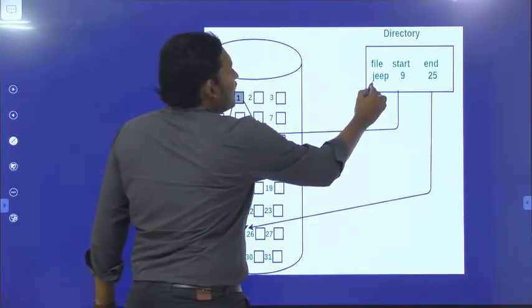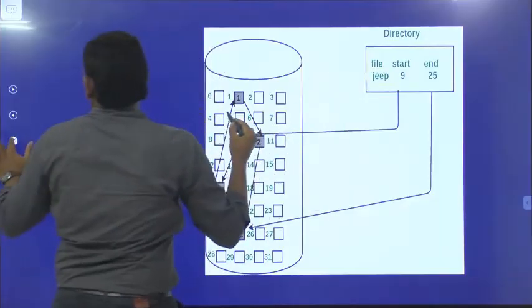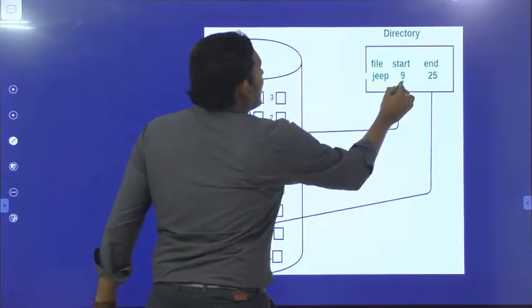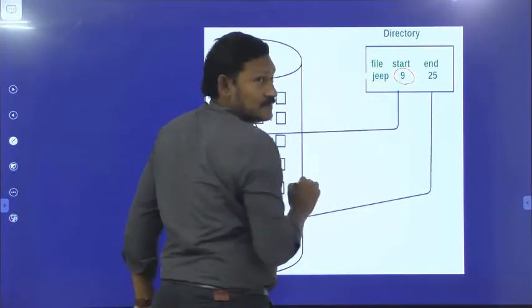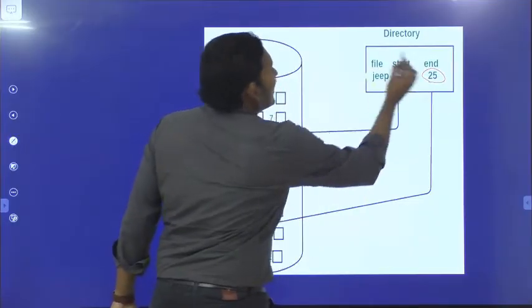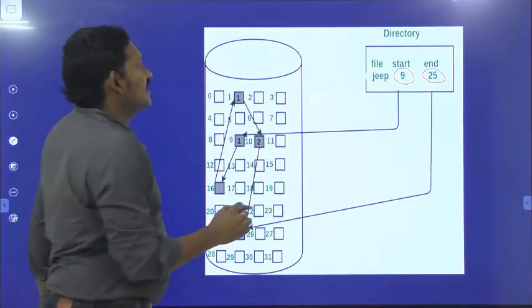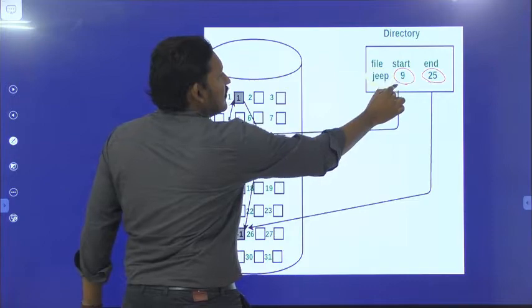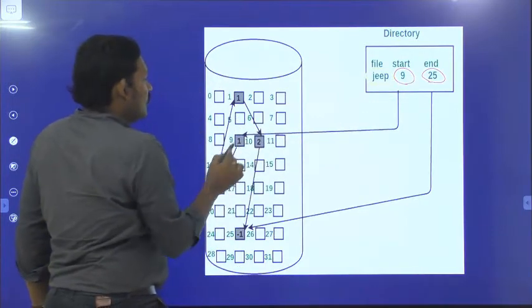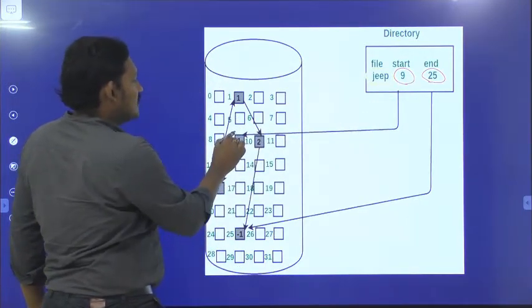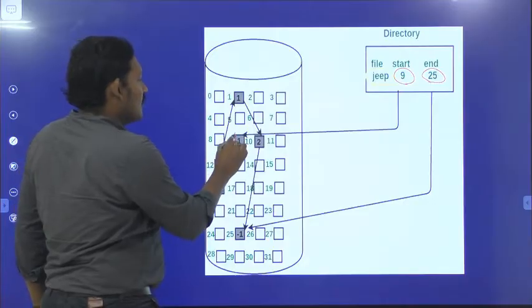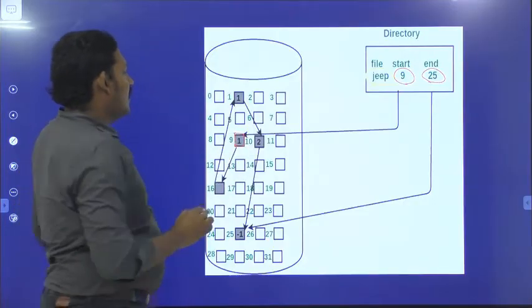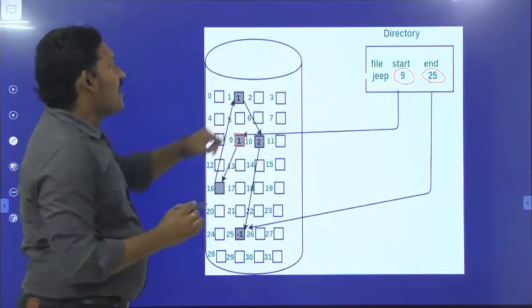So this is the file name. Let us suppose G is the file name. And this is the starting address, and this is the ending address. See, the starting address is 9, so we have started at 9. Where is 9? The address location 9 is here.